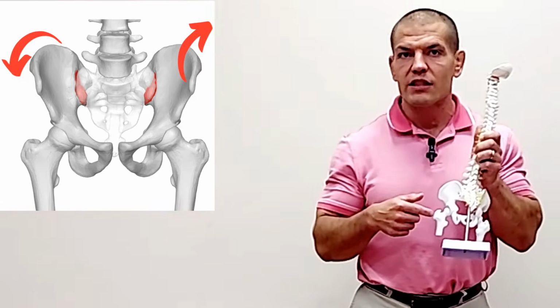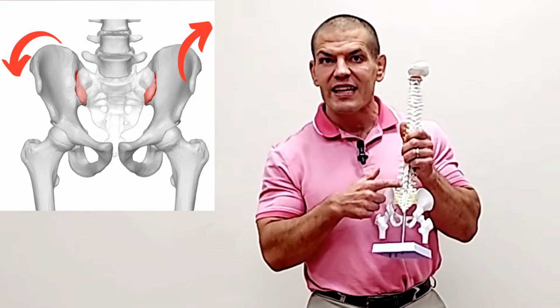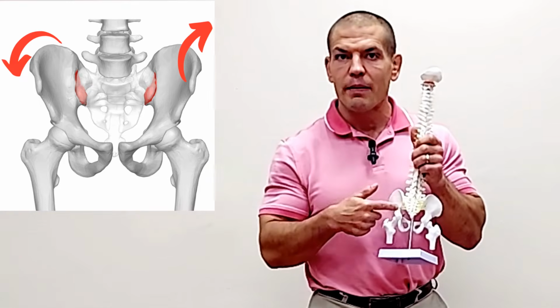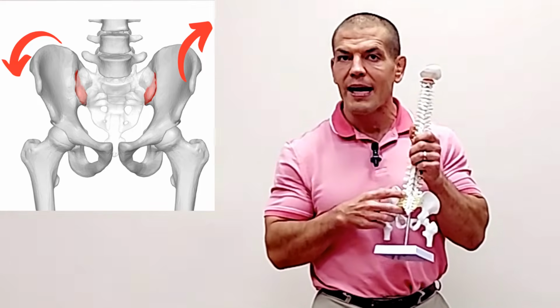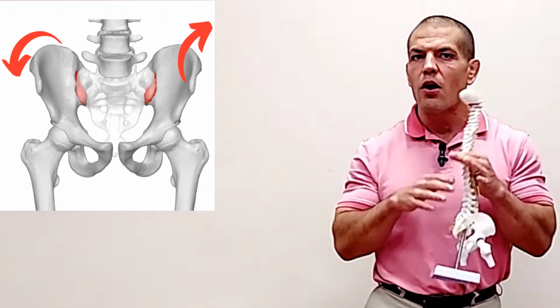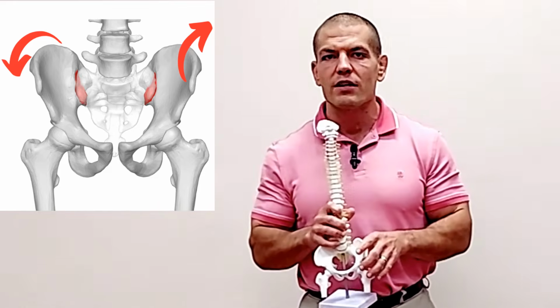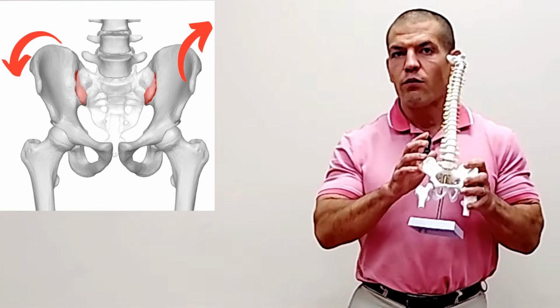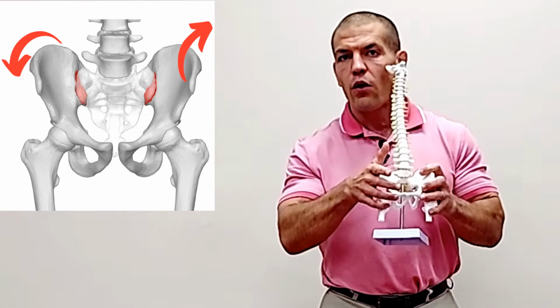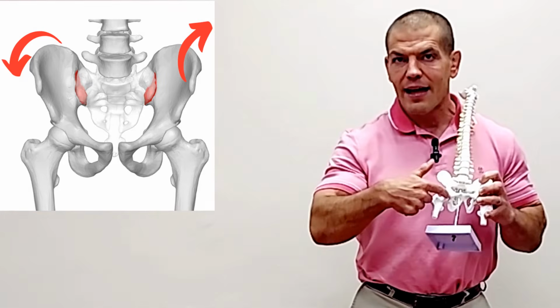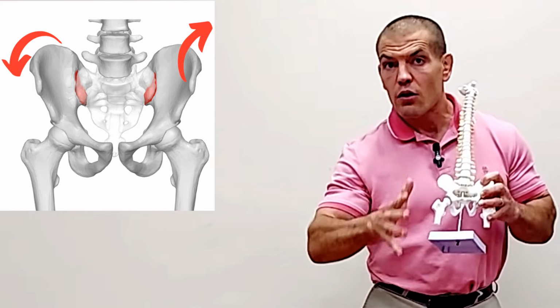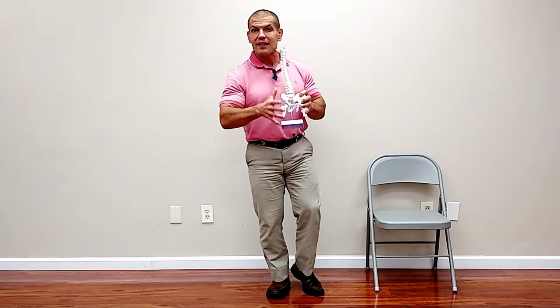One is an SI joint dysfunction, or a sacroiliac joint dysfunction, where the sacroiliac joint is this area back here in your pelvis, where your ilia join with your sacrum, the lowest part of your spine. And those have very small amounts of movement, about 1 to 3 degrees of rotation. If one joint gets rotated either forwards or backwards, let's say forwards in this case, it'll bring the acetabulum, the hip joint, closer down to the floor,